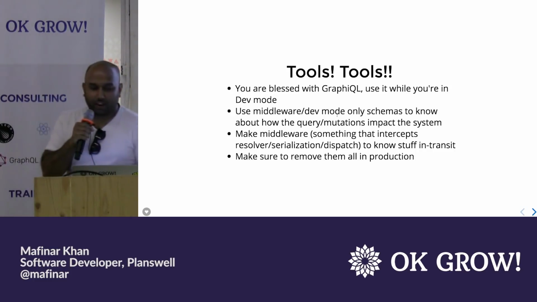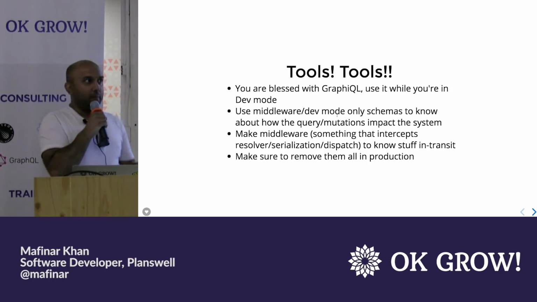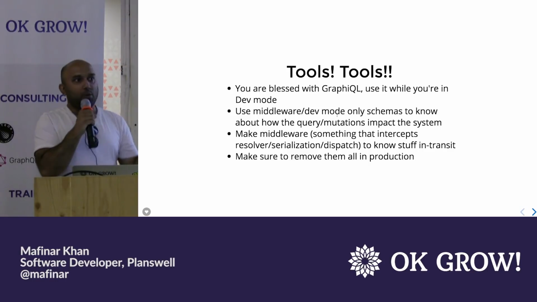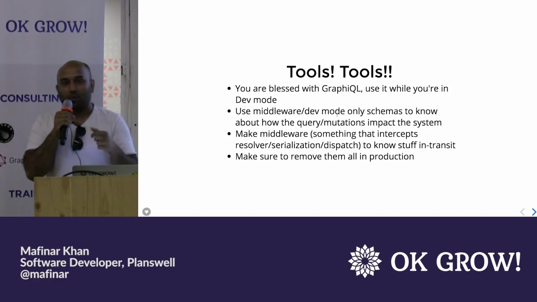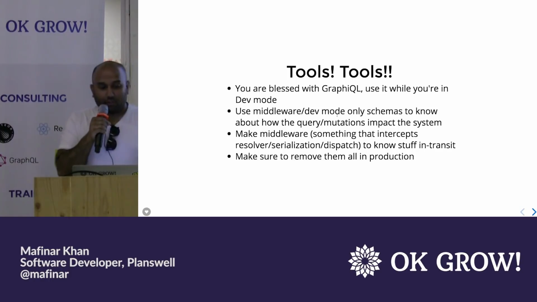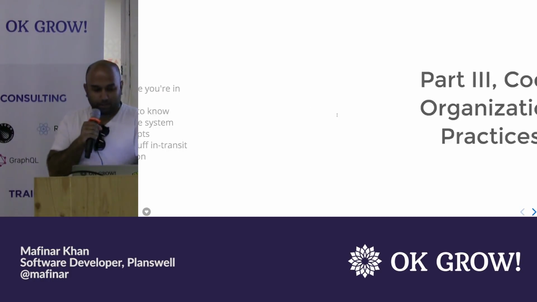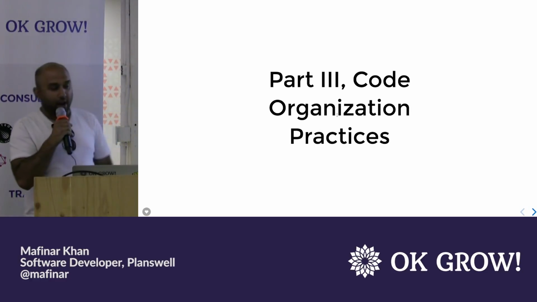There are lots of tools in GraphQL. There is the built-in GraphQL. There are lots of middleware in Python, in Django for example, there's a middleware that hooks in the debug toolbar, and whenever you call something, you add that extra query, and it gives you the number of database calls that were taking place while you're bringing in the query. So there are lots of other stuff, and it's better to use them as long as you're using them in dev mode.